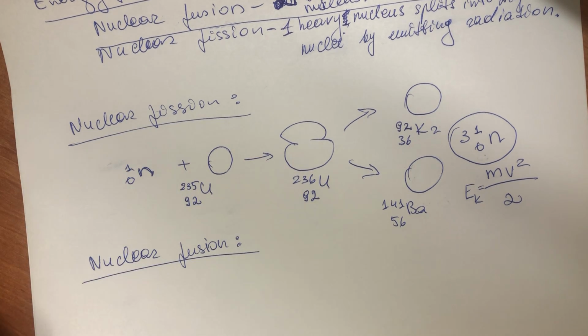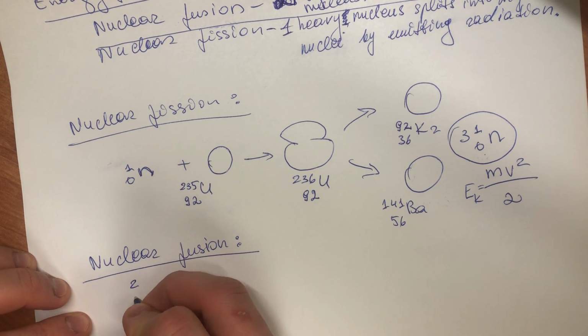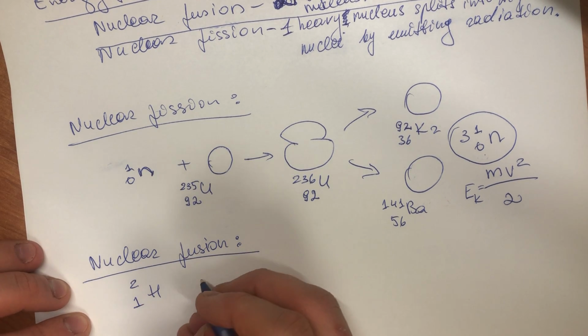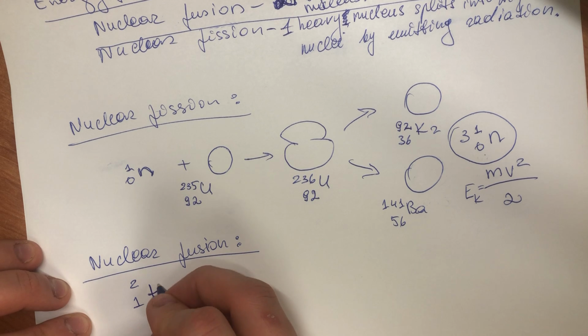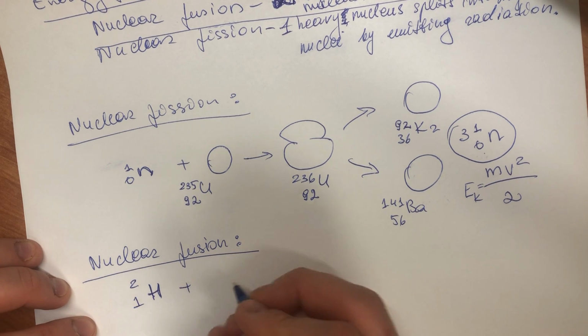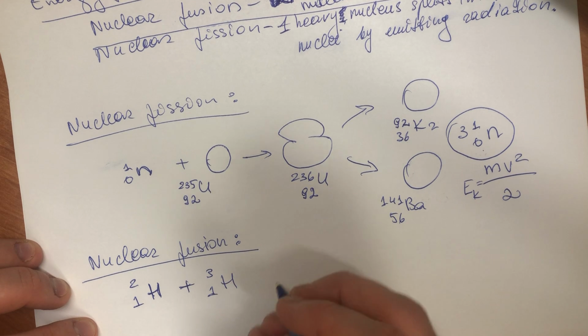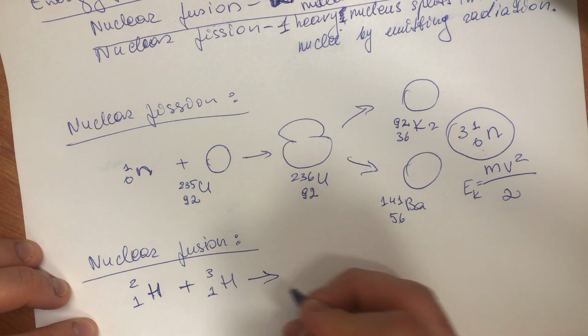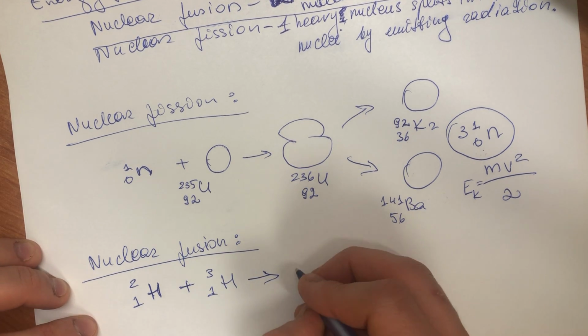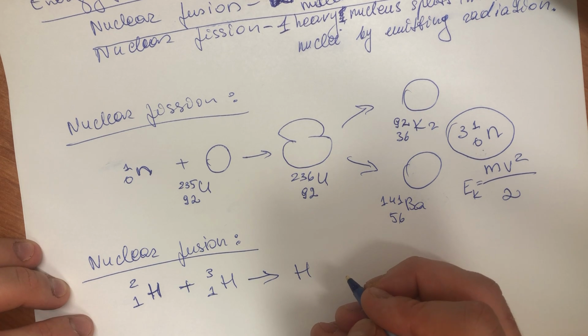Nuclear fusion: two lighter nuclei collide. They have to collide at very high speeds. So this is hydrogen deuterium. It collides at very high speed with tritium, and what we get is